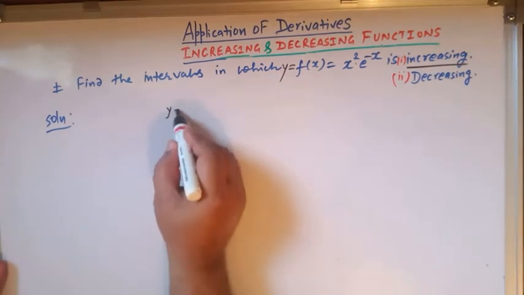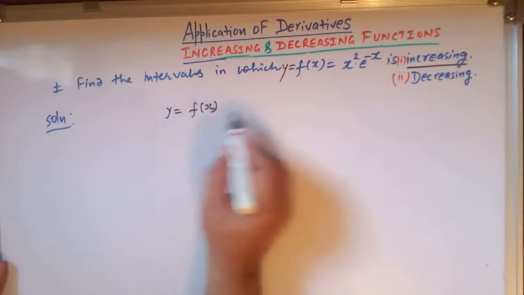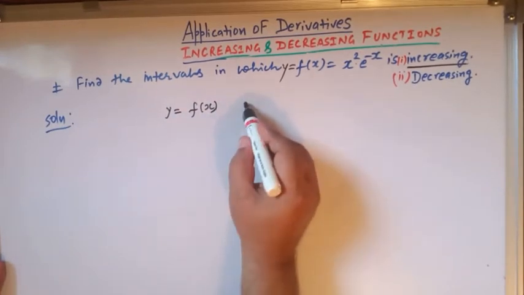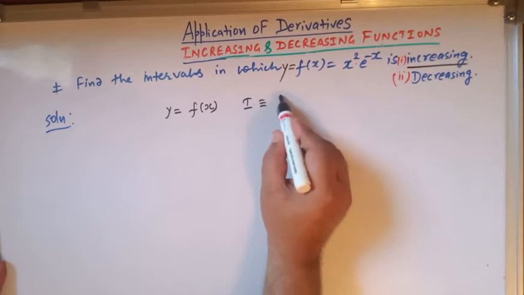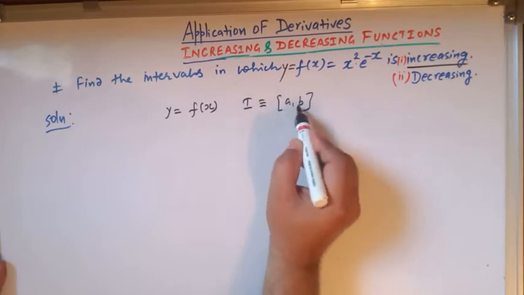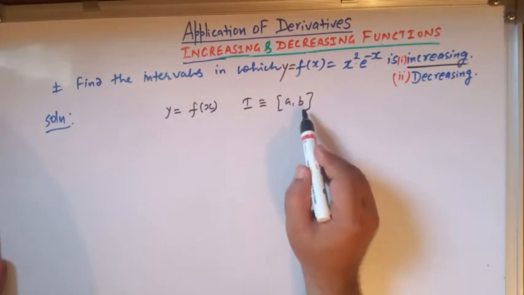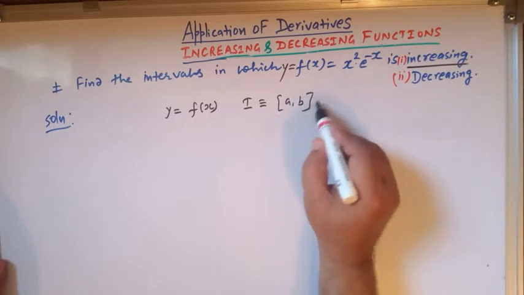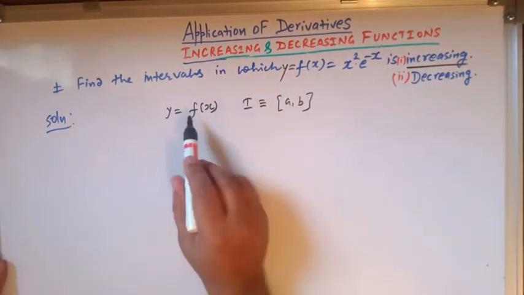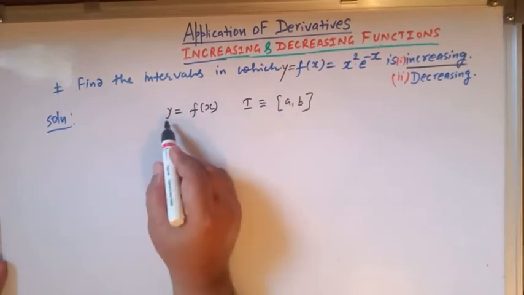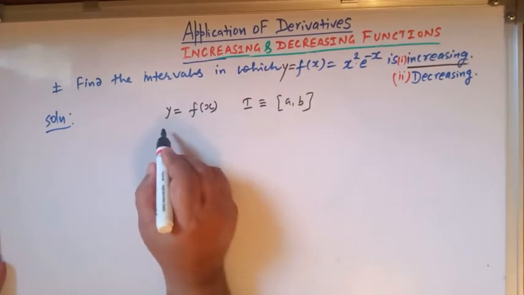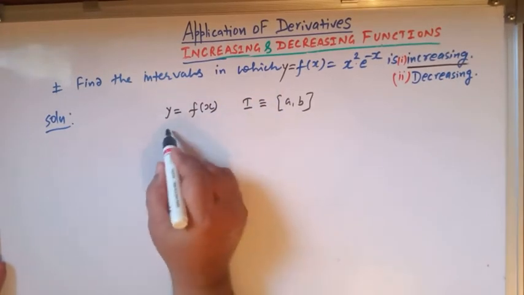So if y equal to f(x) is a function which is defined on an interval I, the closed interval a, b, which is a subset of its domain, then this function is said to be an increasing function